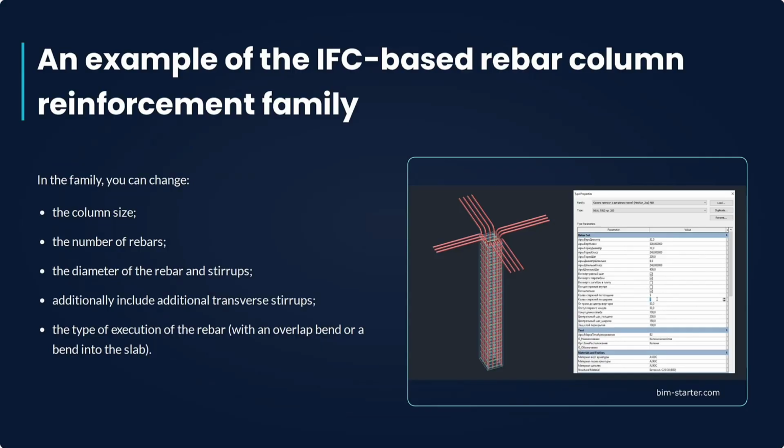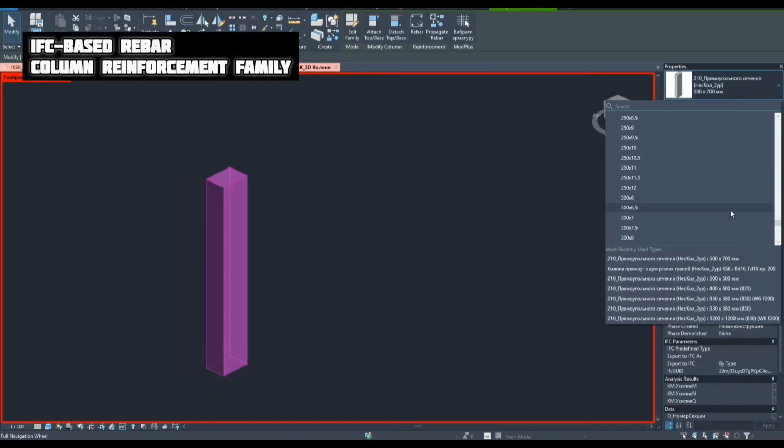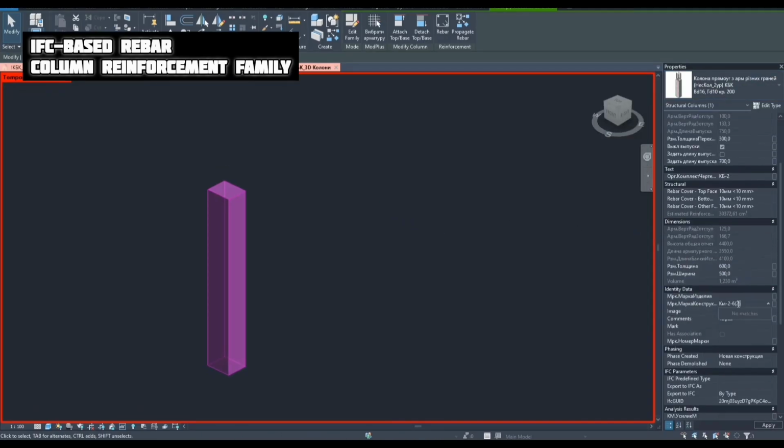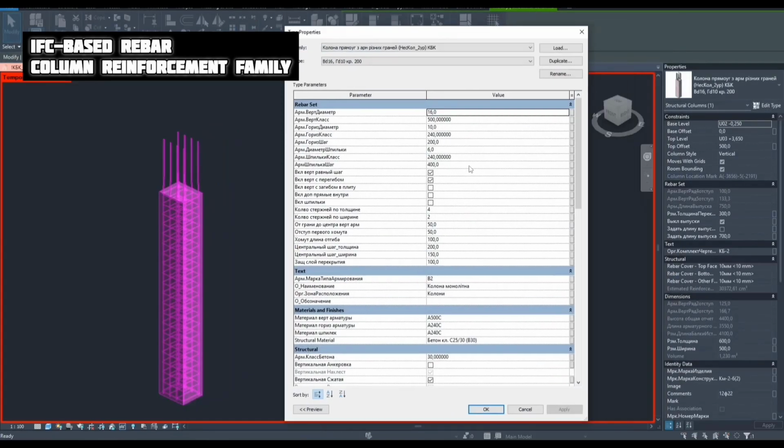Example of the IFC-based rebar family: column reinforcement family. The main family belongs to the structural columns category, and includes families of rebars and stirrups that belong to the structural rebar category. In the family you can change the column size, the type of reinforcement,